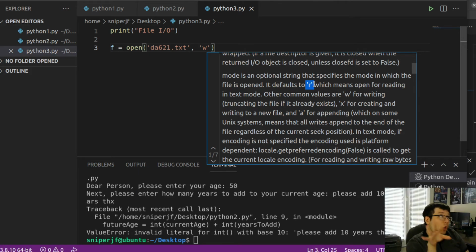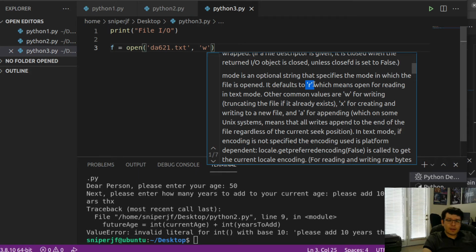I would always specify it anyways, because you want to be clear about whether you're reading or writing from a file. And even though the default is to read, not everybody may know that, and you don't want to make your code obfuscated intentionally. So just state it. It's not that much more writing, okay? And it also avoids confusion, which again is a big thing. So yeah, W for write, R for read,